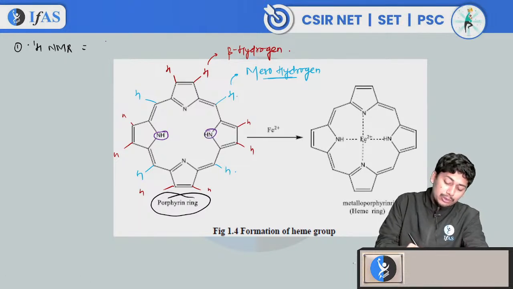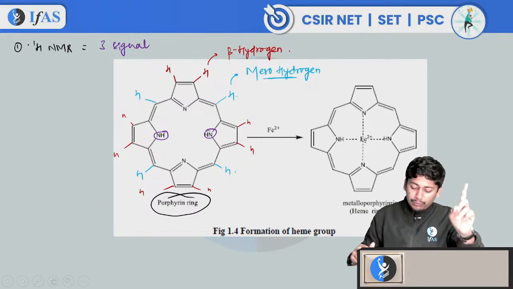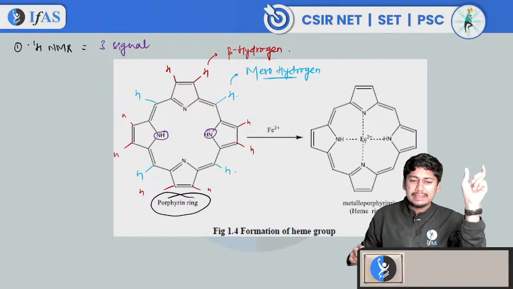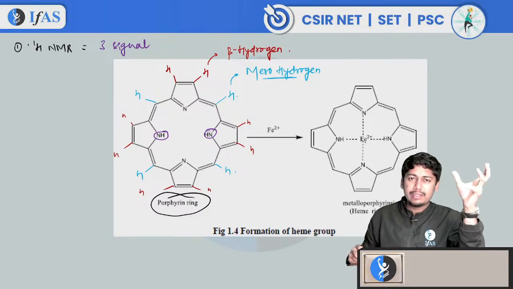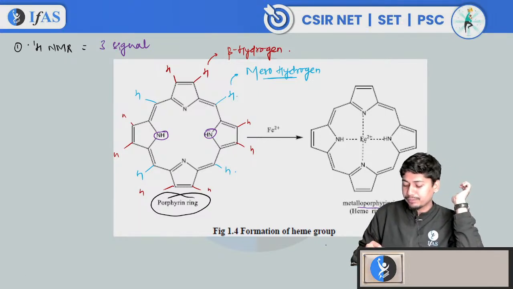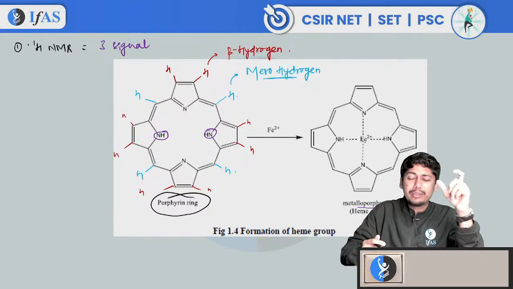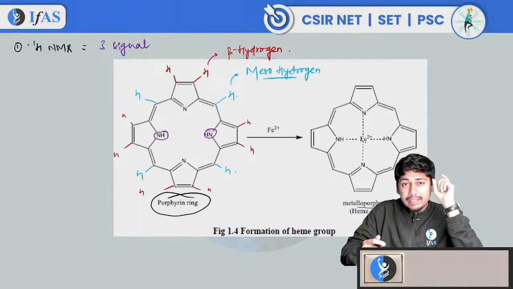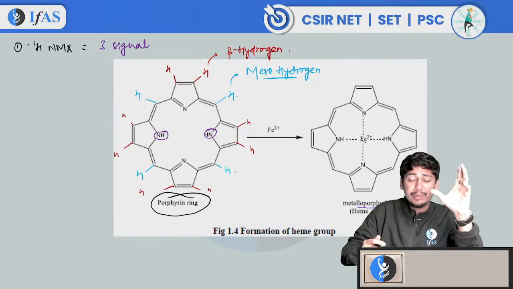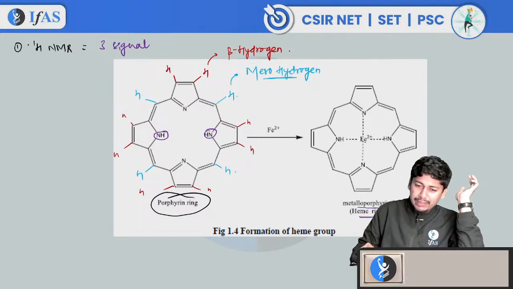So you will get a total of 3 signals here. Once your porphyrin ring combines with a metal, it becomes a metalloporphyrin ring. It can be any metal, then it is called a metalloporphyrin ring. But if it specifically combines with iron, then it is called heme